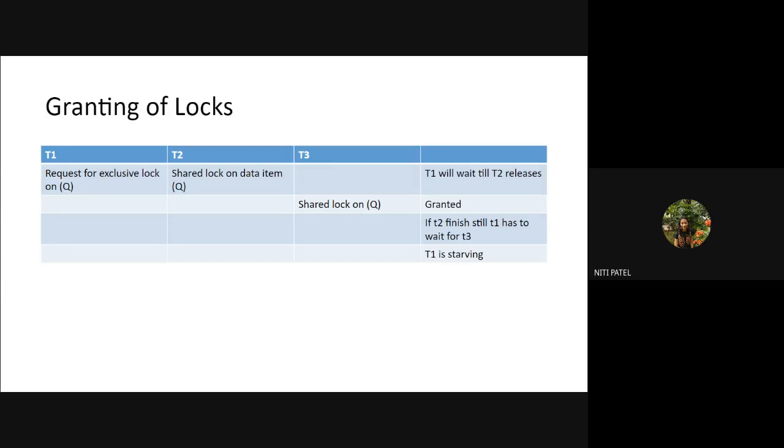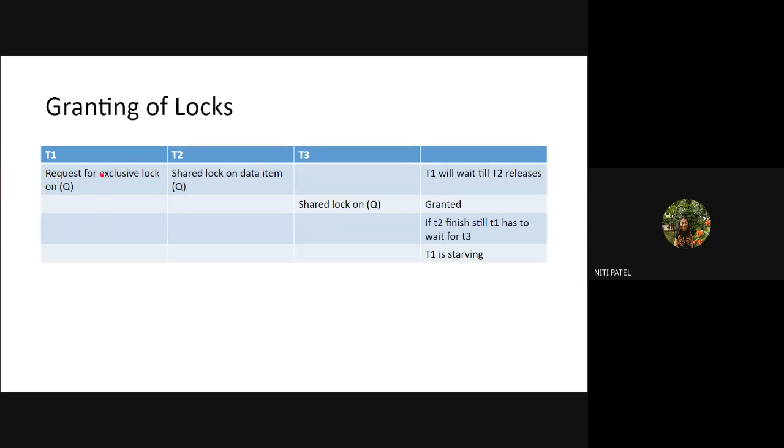Okay. Now next we'll see granting of locks, that means how these locks are granted. If I want to use a lock, I have to make a request. Where does that request go? It goes to the concurrency control manager. If that lock is available, it will give it to me immediately. But if that lock is not available, that means it is being used by another transaction, the manager will tell me to wait. I have to wait for a random amount of time until that previous transaction releases.